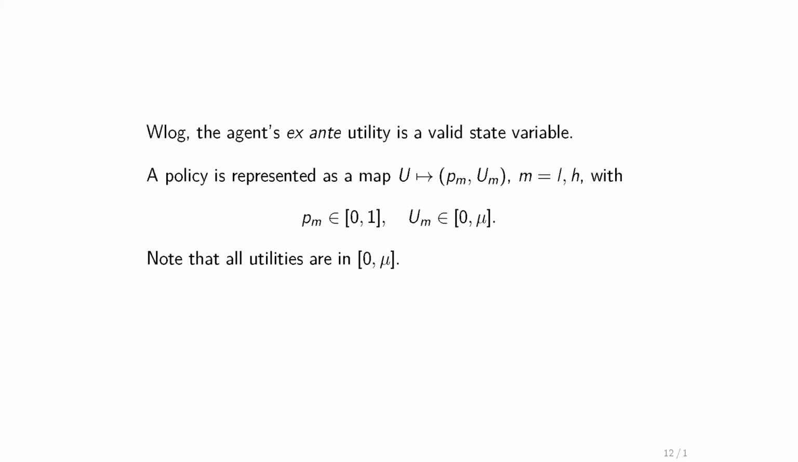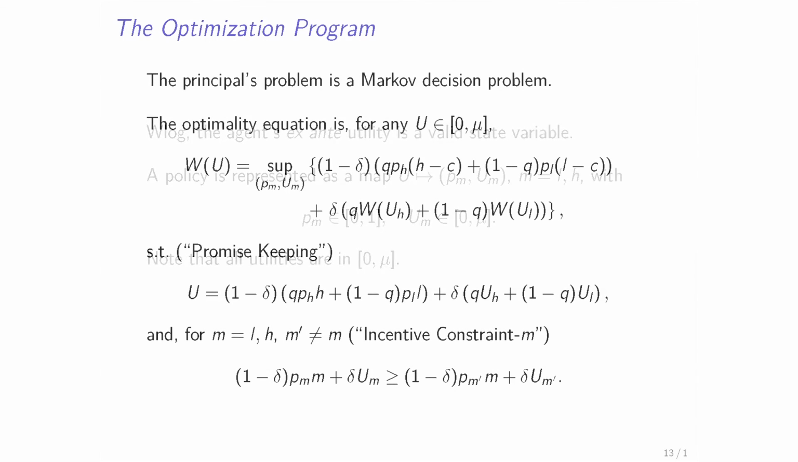Notice that all the utilities from 0 to mu are feasible promised utilities. So we can always find an incentive compatible policy such that we can deliver any number between 0 to mu to this agent. Now we can write down the principal's problem, which is Markov with respect to the state variable